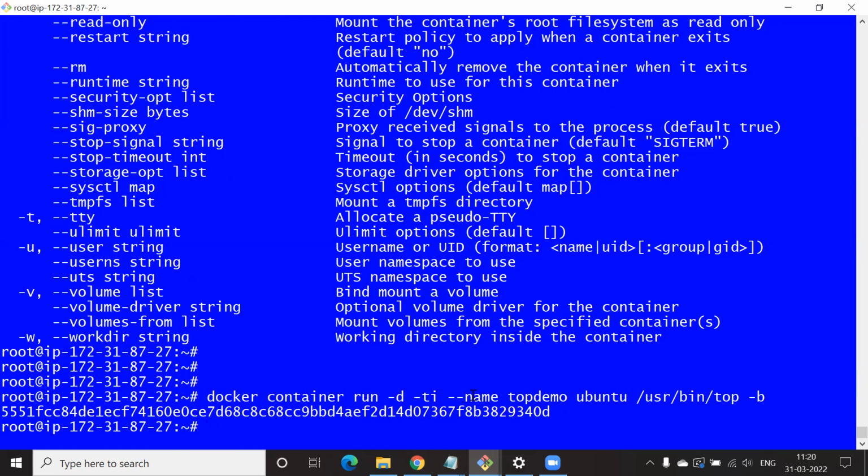So Docker container run -d. Let's say -d is deleting the container, removing the container, when it will exit. -ti is going to be this: user bin top. So if you just type in top,